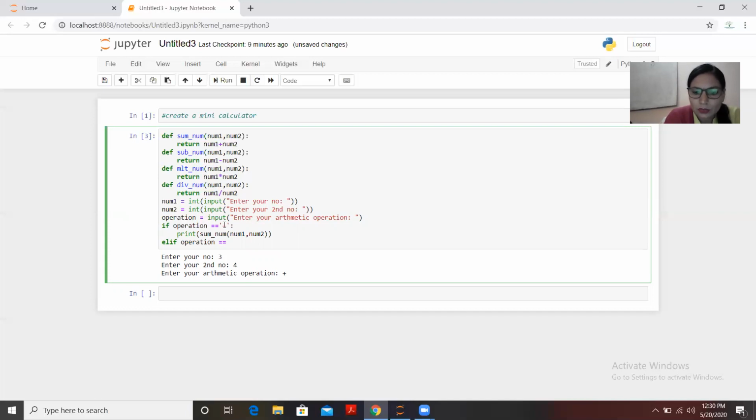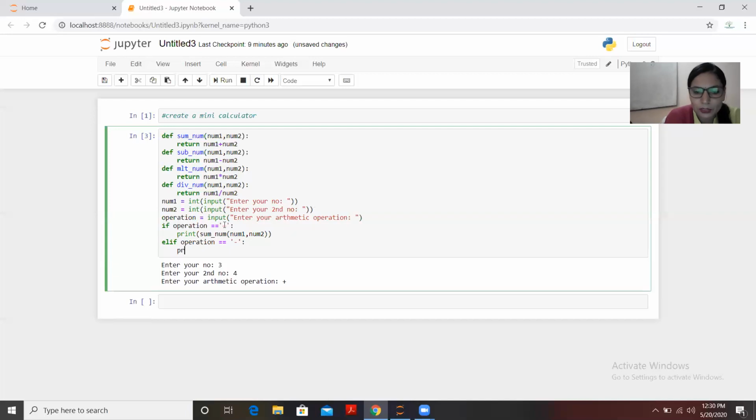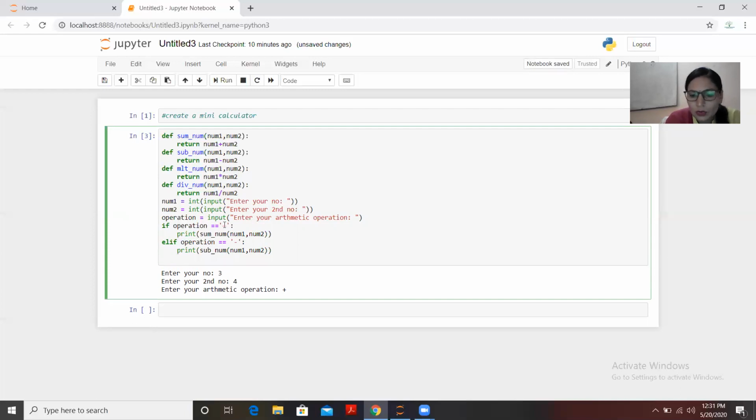equals to minus, right? Then what you are going to print, or which function you are going to call? The function name should be sub_num and the name of your variable, right? That's it. So and so on, you will be moving ahead. Elif operation